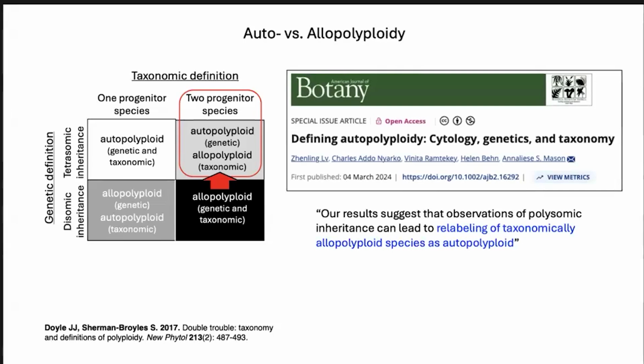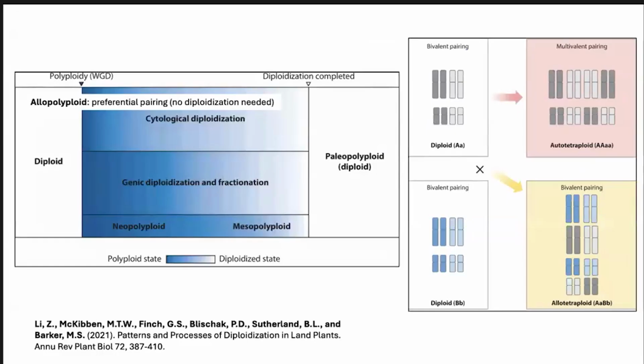It says our results suggest that observations of polysomic inheritance can lead to relabeling of taxonomically allopolyploid species as autopolyploid. So it looks like there isn't necessarily a very good agreement between those two schemes, which points out why there are problems with using that taxonomic classification. Here, back to the more recent Barker work, the Lee et al. paper. Here the idea is that cytological diploidization isn't needed for an allopolyploid over there on the far left